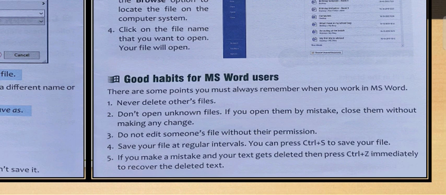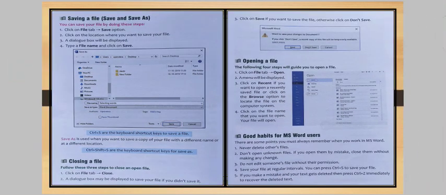If you make a mistake and your text gets deleted, then press Ctrl Z. We use Ctrl Z to cancel the recent command, so press Ctrl plus Z immediately to recover the deleted text. These are the few points, and all of you need to follow them when you are working on a computer.